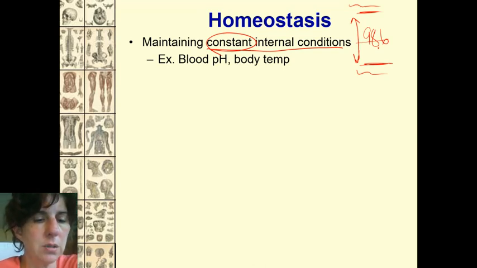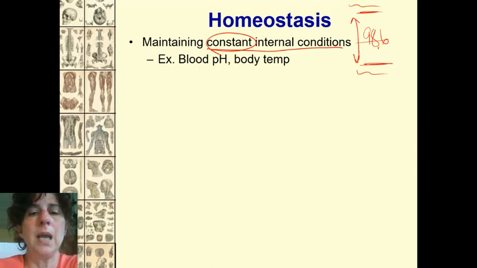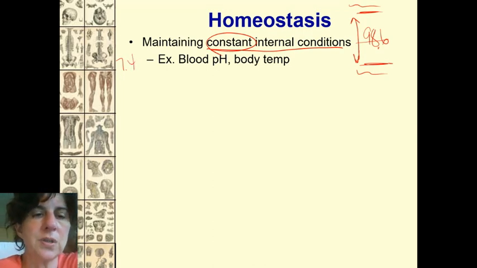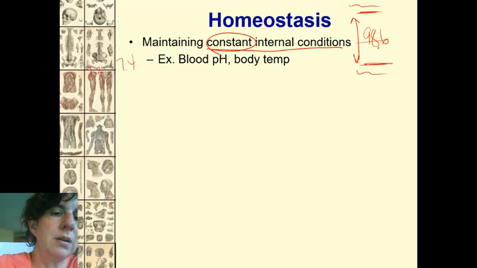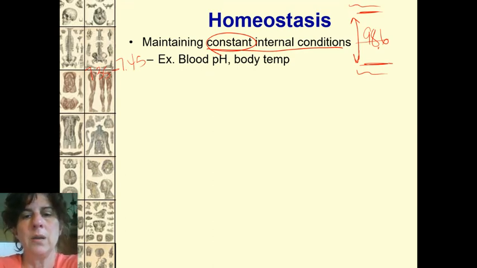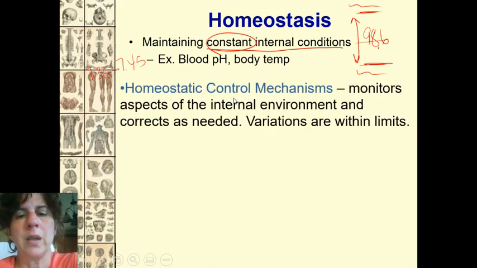Most of our body systems work on some sort of homeostatic mechanism. Blood pH is one of those. Your blood pH is around 7.4-ish. Again, it's a range. 7.35 to 7.45 is the range that it can be in, so we average it and say 7.4-ish. The body temperature I talked about, but there are all kinds of other mechanisms too.